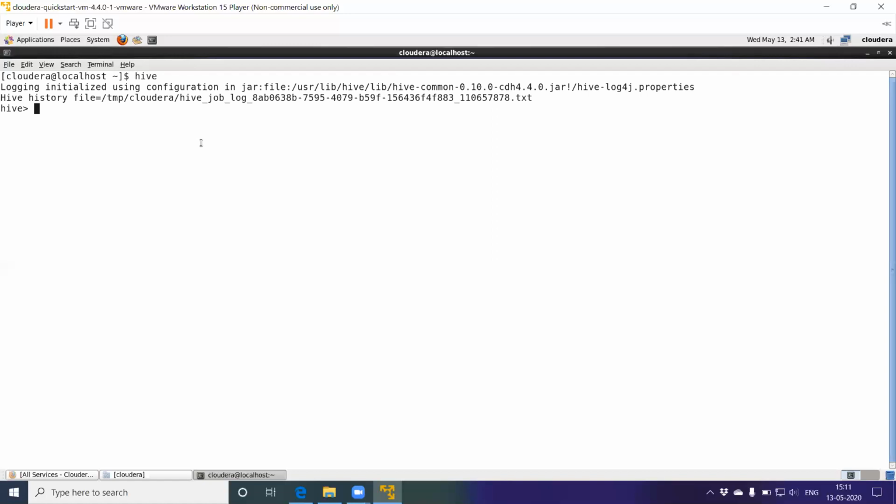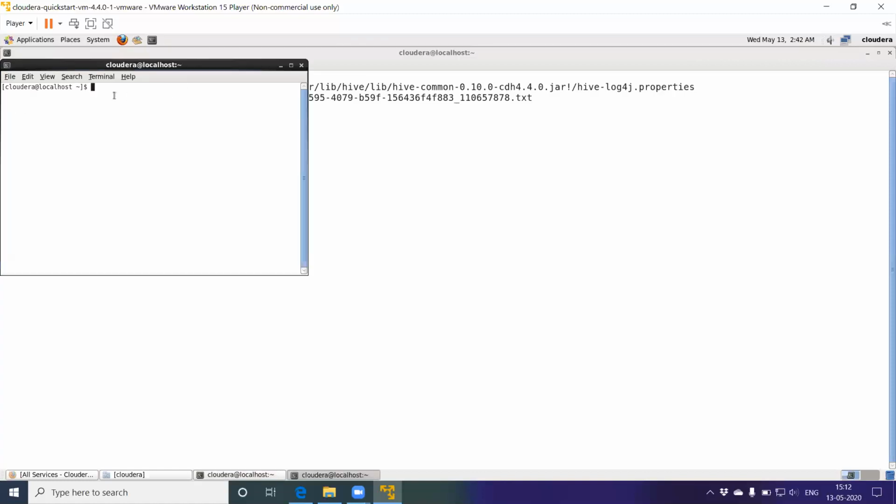First, let us see how to create a table in Hive. Before creating a table, let us create our database and use that database. The create database command is similar to SQL.